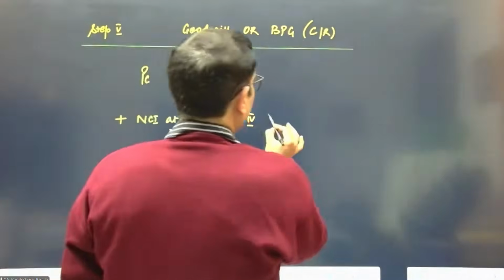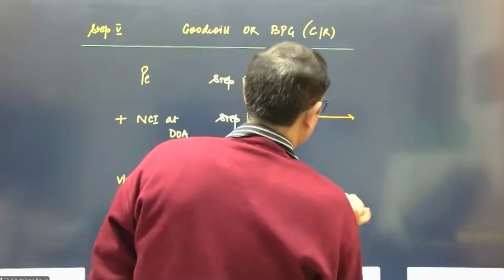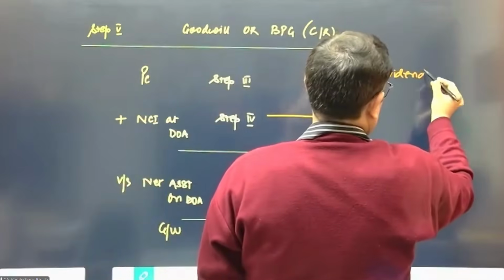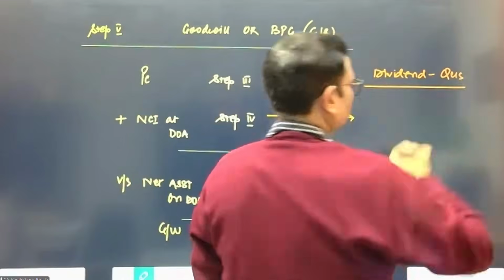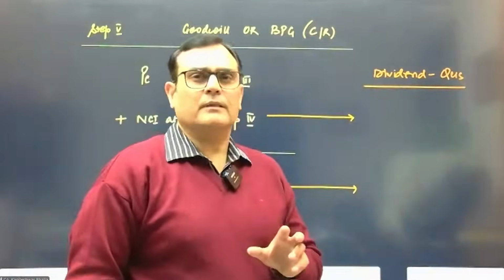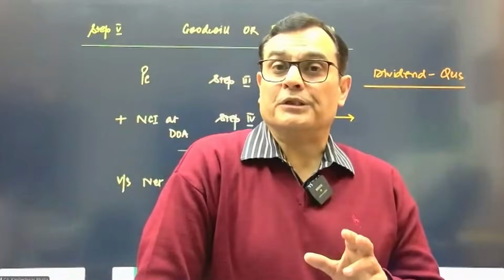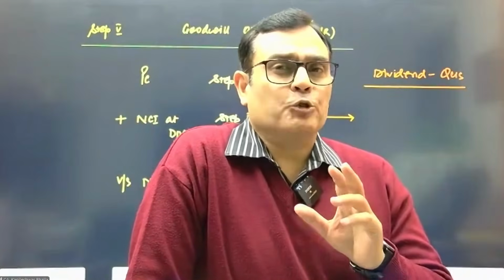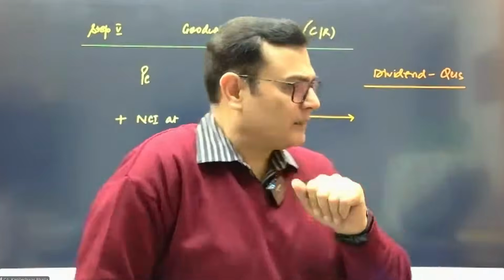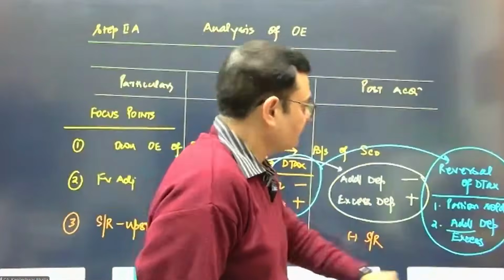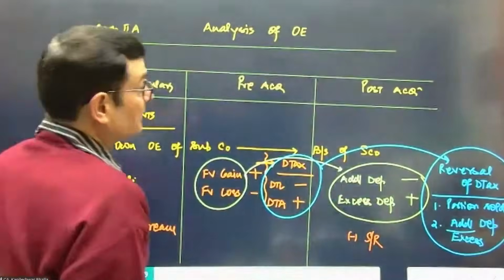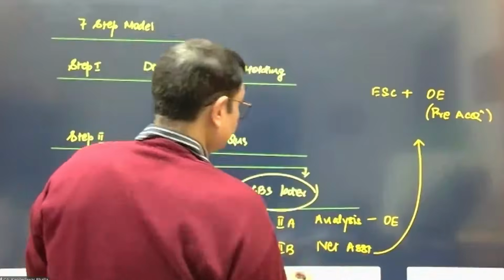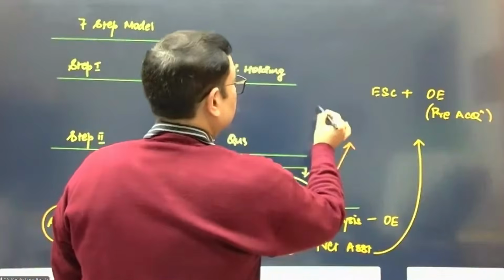Now this NCI on the date of acquisition and this net assets on the date of acquisition, especially if there is dividend in the question. If there is dividend in the question, I think that's an important focus point. Now you would remember that when there was a dividend in the question, I also instructed that you should calculate 2 NCIs and you should calculate 2 net assets as well. So let me just go back to my step number 2A, and I think step number 2B rather. So let me just connect it to the step number 2B. So can I say in terms of the step number 2B, if dividends are given,